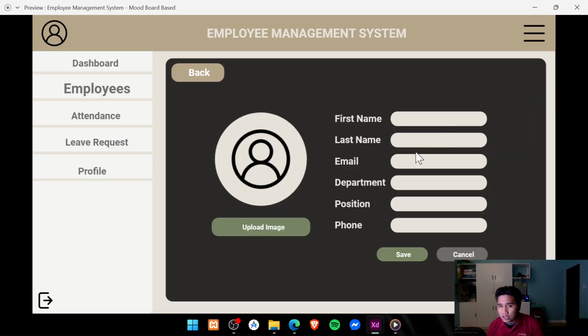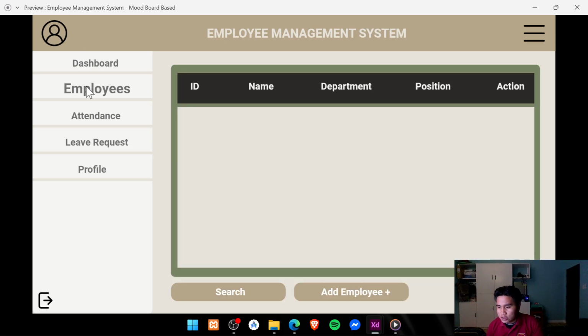If you click employee, for me, it's already okay. So I just tried to copy it and it has the same design, but we'll see later what I did. The back button is not working in that part.